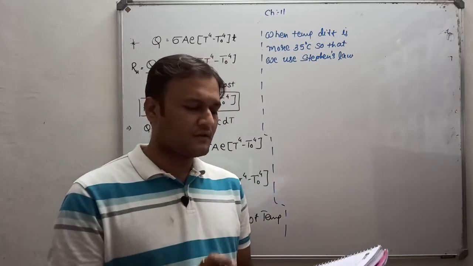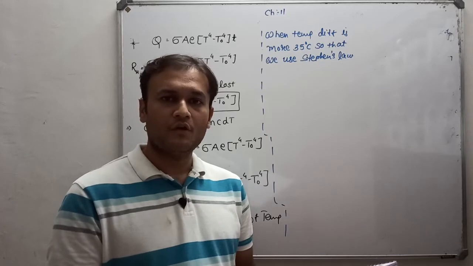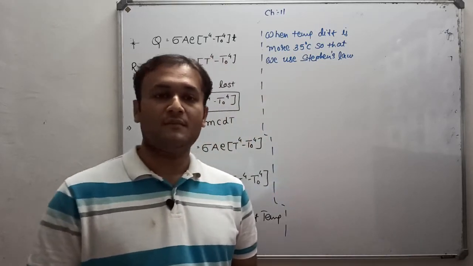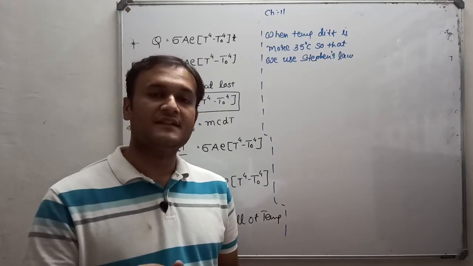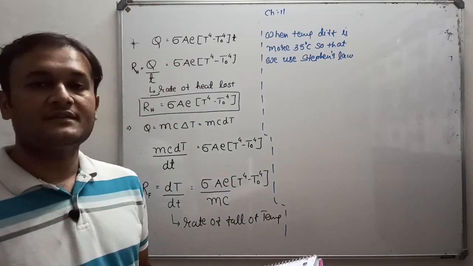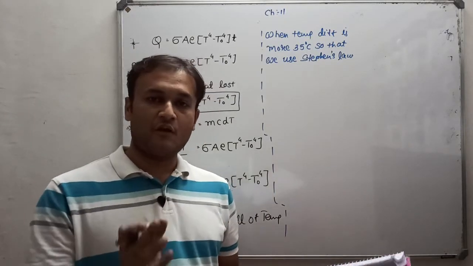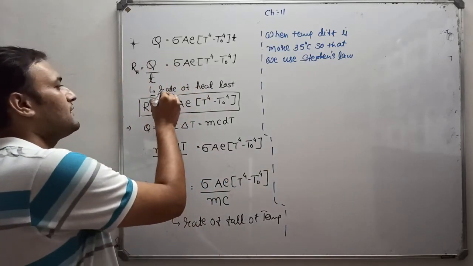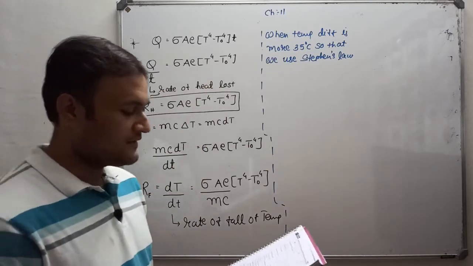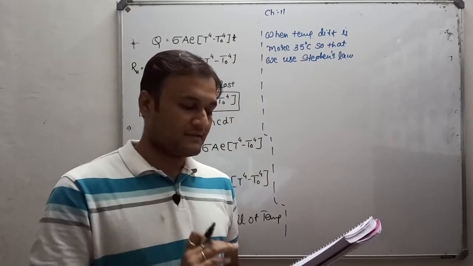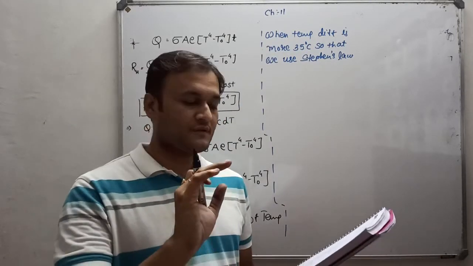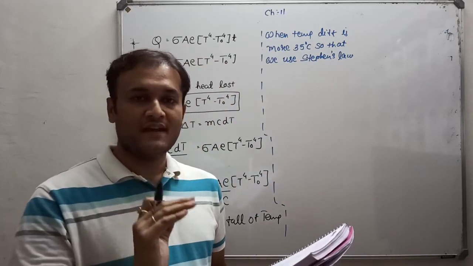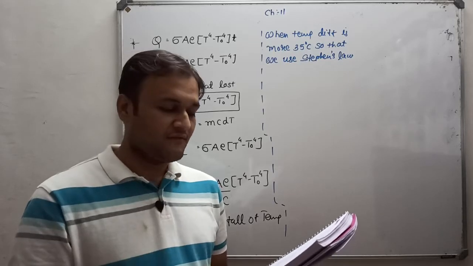That is not something to study, you have to remember it. Now two spheres of different material. Same T and T0, same T means the temperature of the body and the surrounding temperature will be the same. At this time RH is equal to what? Rate of heat lost, and RH is proportional to R square, and RF is proportional to 1 upon R. R means radius, rho means density, S means specific heat.